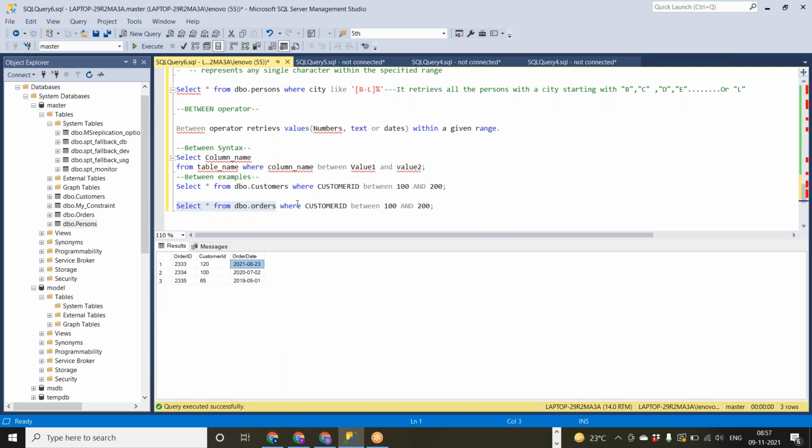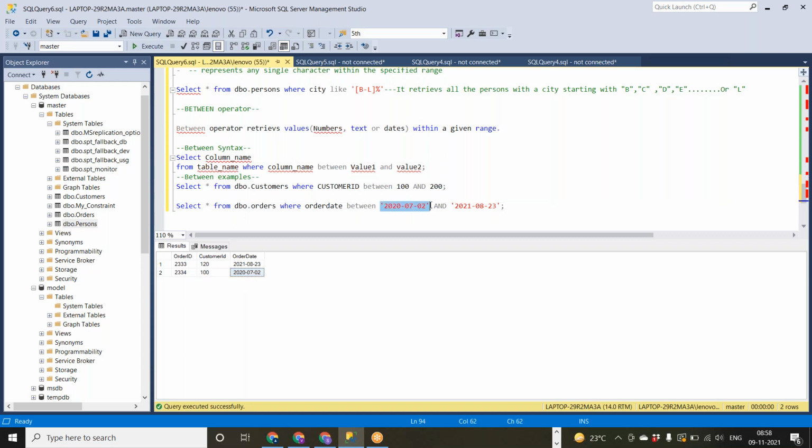So BETWEEN order date between 2020, so I got this between 2020 to 2021. So it is particular between dates, it's 7/2 and 8/23.